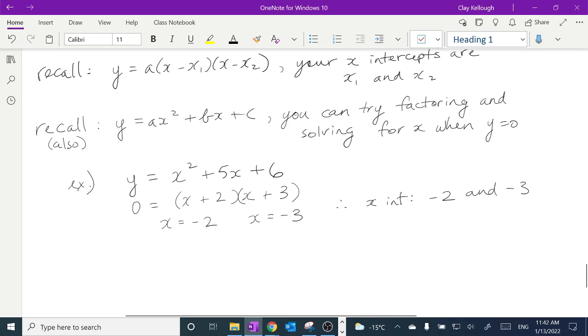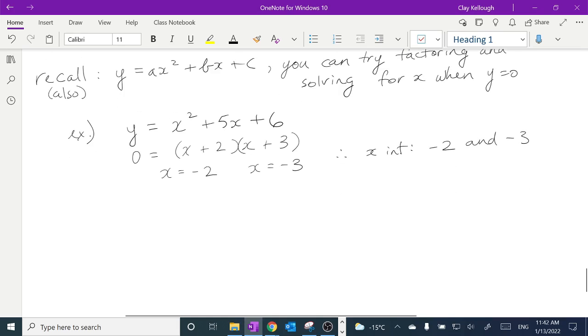Now, what if I had standard form and it doesn't factor? Not every trinomial factors. You learned that in grade 10 as well. Well, actually, that'll be tomorrow's lesson. How do we deal with standard form when we want x-intercepts but it doesn't factor? We'll use something called the quadratic formula. That's back in the booklet, so we're back to the booklet tomorrow. Okay, for today, though,